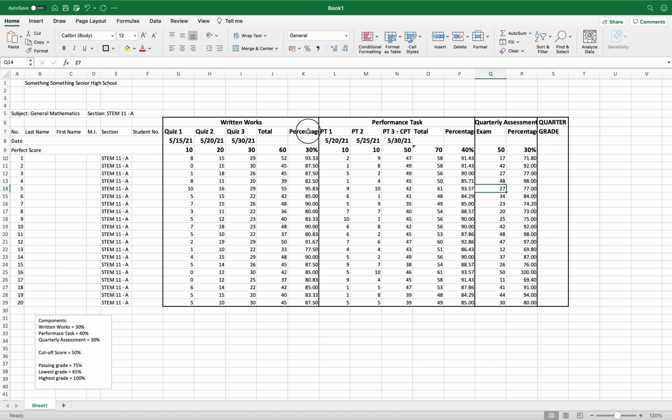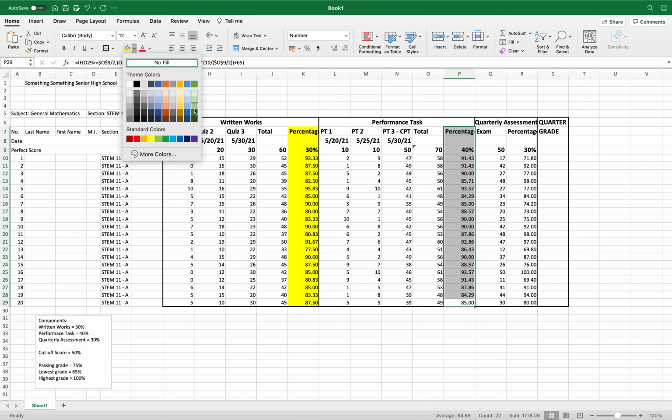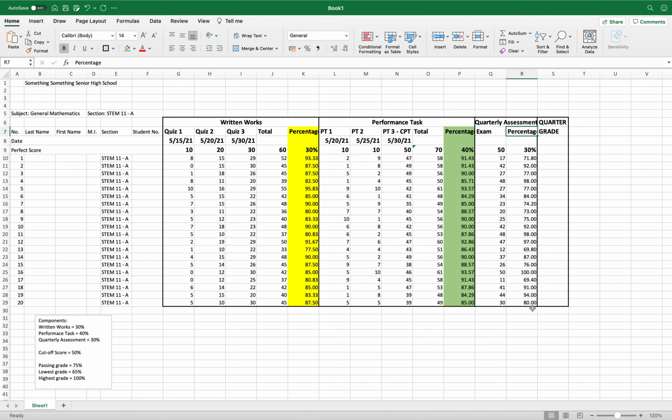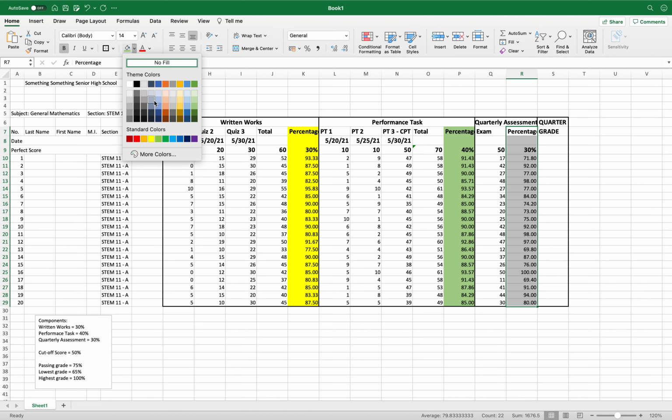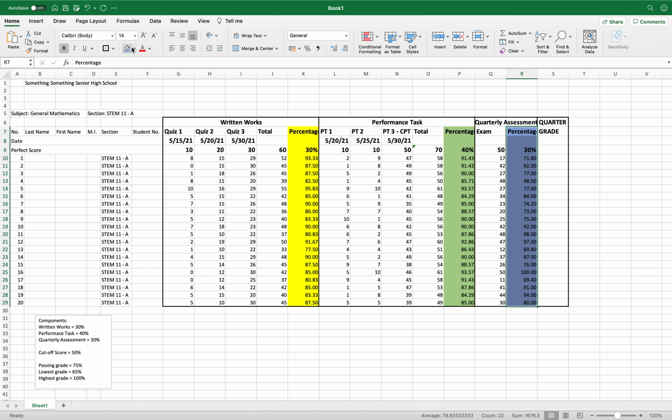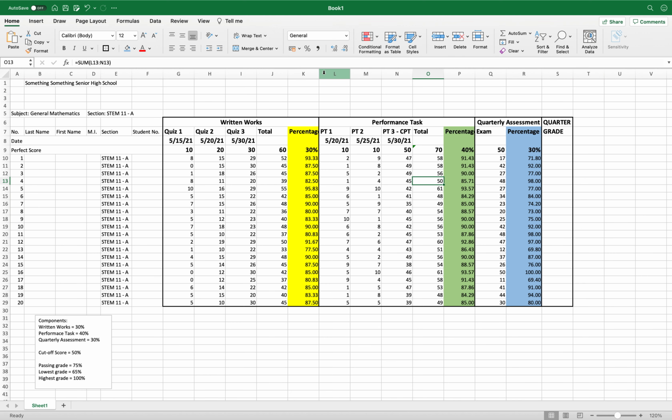So we have these percentages here. Let's make it yellow here. Let's make it, sorry, make it green here. And here let's make it something like, what do you call it, light blue. Okay, let's do it. Not really. This one. Okay. Now, what is left for us to do is, of course, you need to